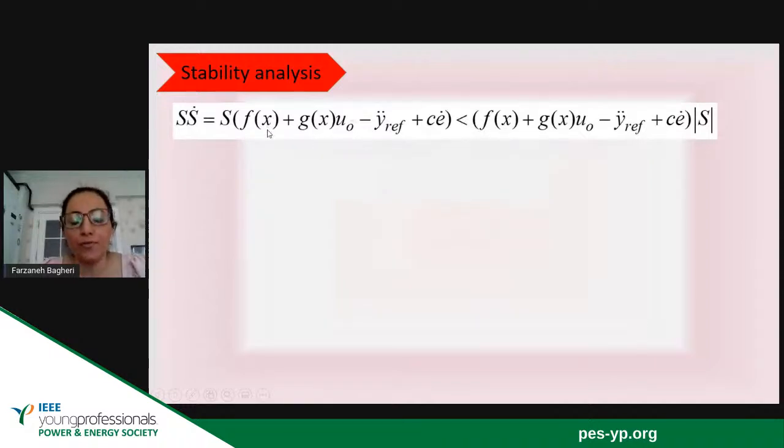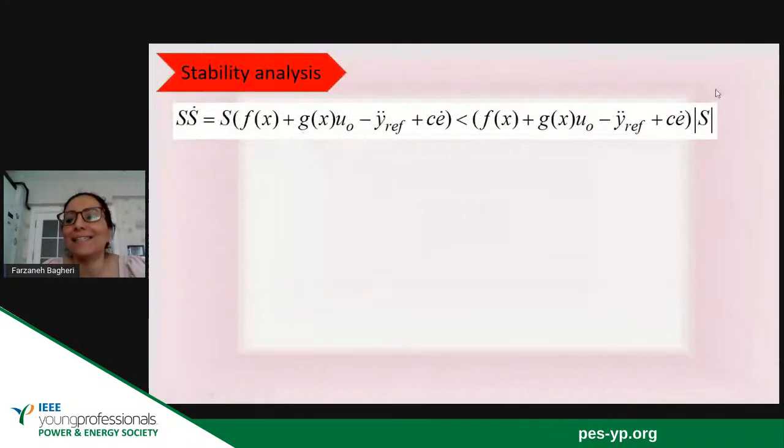If you remember, I told you before that we do not know anything about f and g. And in sliding mode control, it is not important to know about it, because sliding mode control can work under uncertainty. But the bound or the limit of f and g is important for us. So I can say that it is less than f of x plus g of x u naught minus y double dot ref plus c e dot,